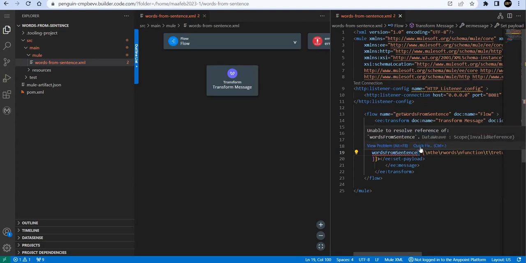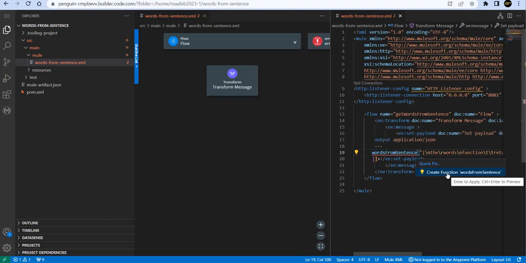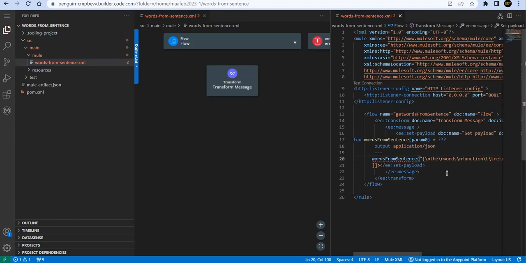So you can use that option. Place your cursor over here. It will give you a quick fix option. It's saying to create a function. Okay, let's go ahead and create function. So we have an inbuilt function called words. So we'll say that this is